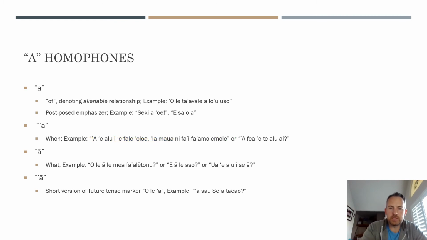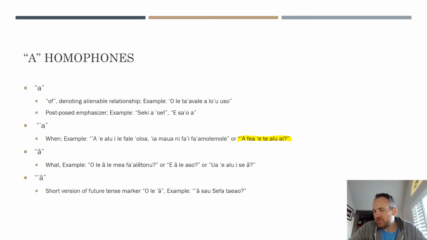So that's kind of how it can be used there. It can also be used when we're talking about the question of when. The example I have here is "Afea te alu." Fea is kind of like fia in the sense that it's a question word that takes the place of what you're asking about. In this case, you're asking about a time, and so fea is basically, it's not just time because it can be a location as well, but it's taking the place of the thing that we want to know about.